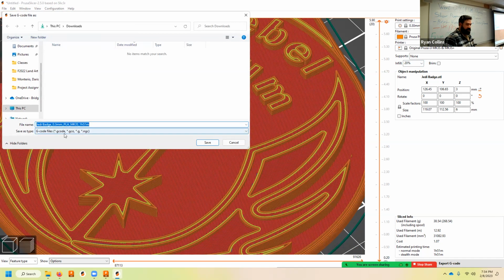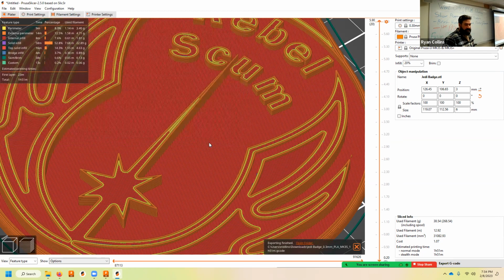And you'll see it's saved as G-code, and it'll save both your file name, the thickness, and the print setting. This is draft mode, 0.3 millimeters, saves the material, the printer, and the time. Really convenient because that's going to show up on your screen when you're putting this into the printer. Save. All righty. Now this next part I can't really show on screen, but I'm working on a separate video